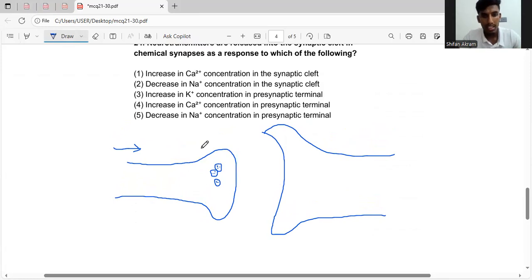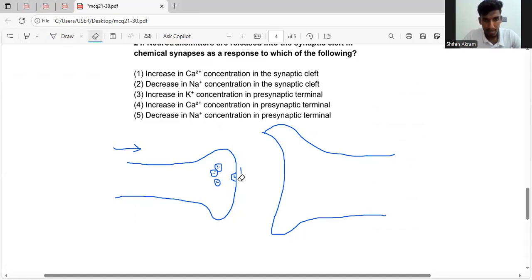When that happens, calcium ions from the outside enter the neuron. When the calcium ions enter, they give a small push to the synaptic vesicles. So the synaptic vesicles move forward and fuse with the presynaptic membrane. This is what we call the presynaptic membrane. They fuse with the presynaptic membrane and